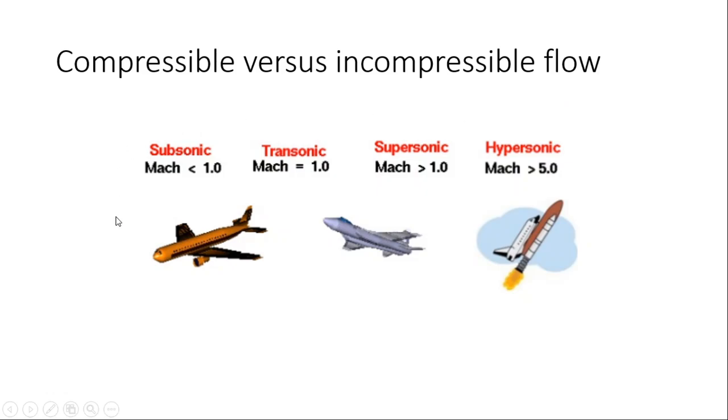On the other hand, for subsonic, we don't need to consider air or gas as a compressible fluid. This is important because if we solve a case considering incompressible fluid, it is much easier, because its density is not changing